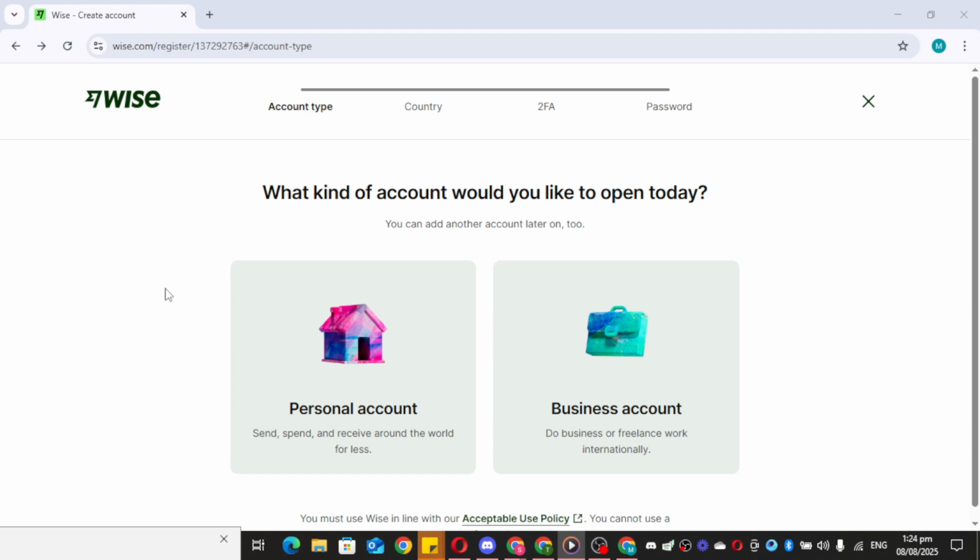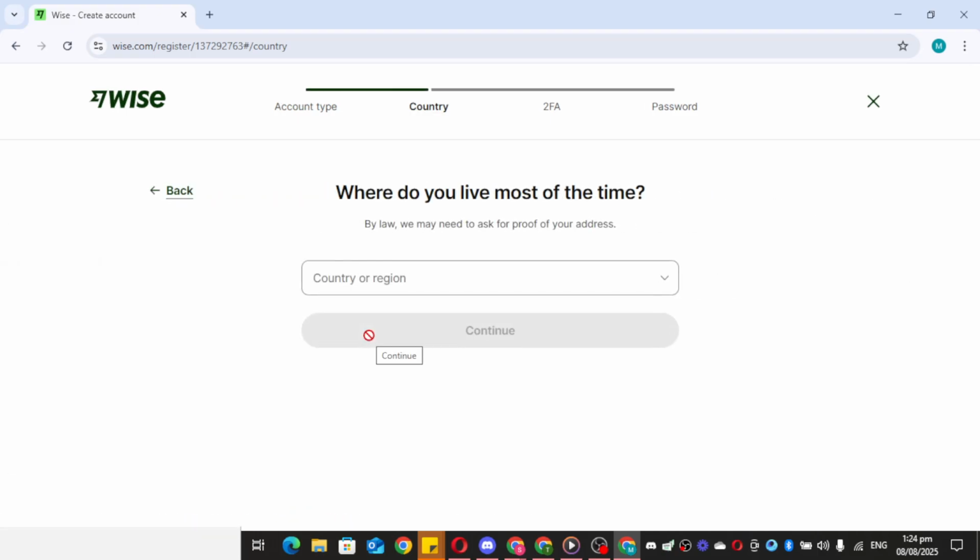You'll be presented with choices for the type of account you want to create. While Wise offers both personal and business accounts, today we'll be focusing on setting up a personal account. This setup is perfect for managing your individual finances or making occasional transfers without the complexity of a business account